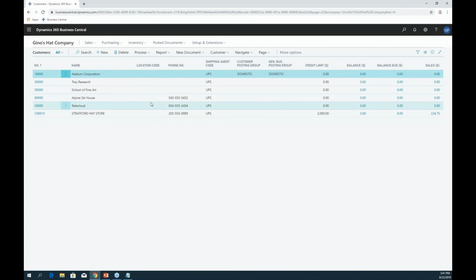So I want to make sure that is filled in. Also, my customer and general business posting groups are not filled in either. So that could be an issue when it comes to posting. So what I want to do is mass update each one of these. To do that, I can hit, and I always forget where this is, so if you hit page, edit in Excel,